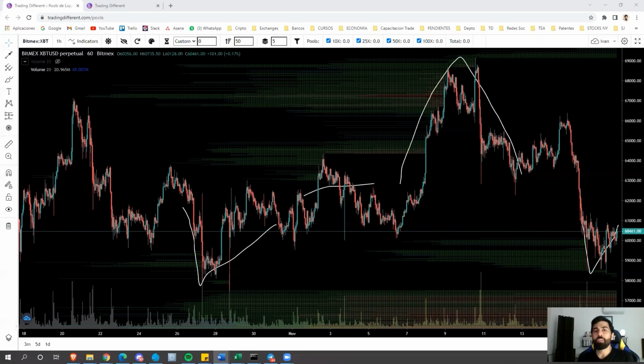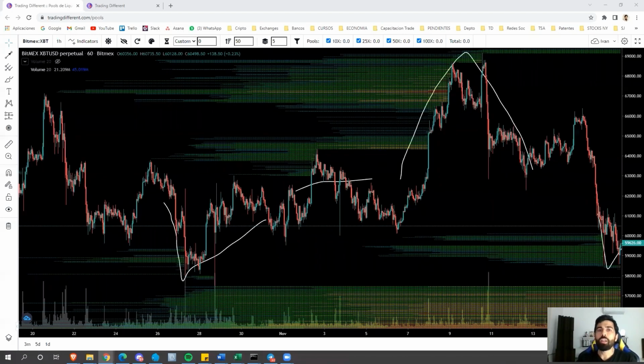We can optimize our macro analysis for day trading or swing trading by doing a good read of our 1-hour chart. This is a predictive tool, and with it we can anticipate and buy at low prices and sell at high prices. The liquidity pools provide us with information about where to take profits, but also allow us something more important: